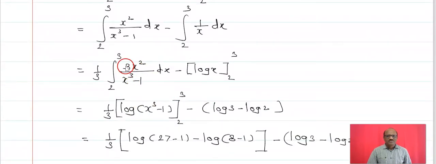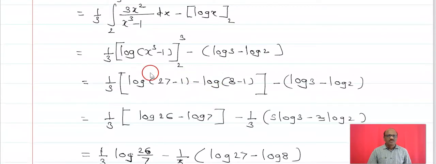Now the integration of 3x square upon x cube minus 1, which is of the form f dash of x upon f of x, and its integral is log of x cube minus 1, lower limit 2, upper limit 3. Substitute the value. For the second integral also, log of 3 minus log of 2